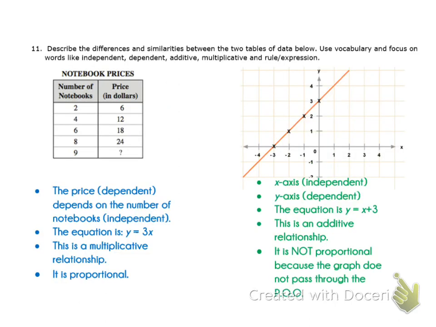Number 11, describe the differences and similarities between two tables of data shown below. Use vocabulary and focus on words like independent, dependent, additive, multiplicative, and rule or expression. Okay, so there are a lot of differences and similarities. So first, let's just look at